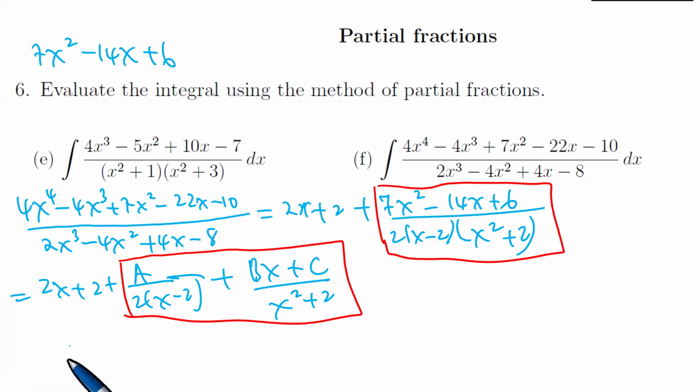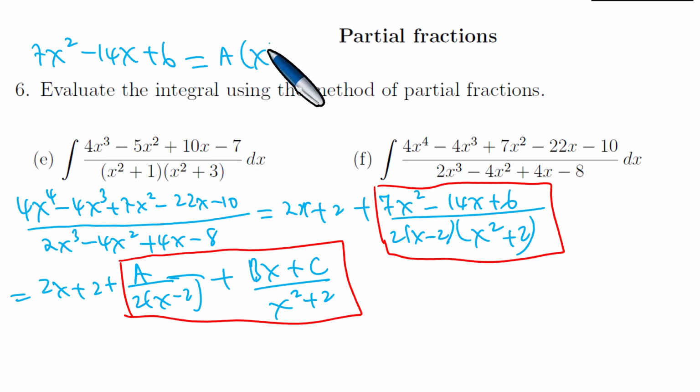So now you have exactly 7x squared minus 14x plus 6, which is equal to, so you multiply by the LCD, and the 2 into x minus 2 is going to cancel, leaving us with